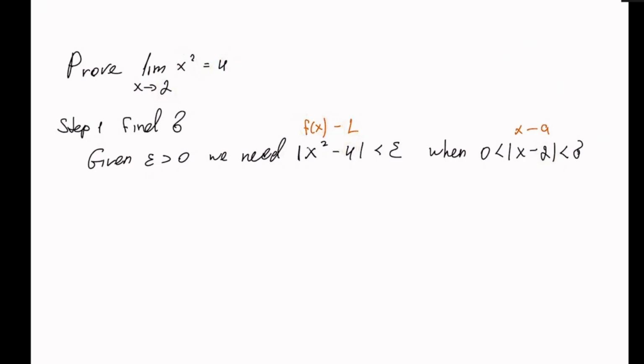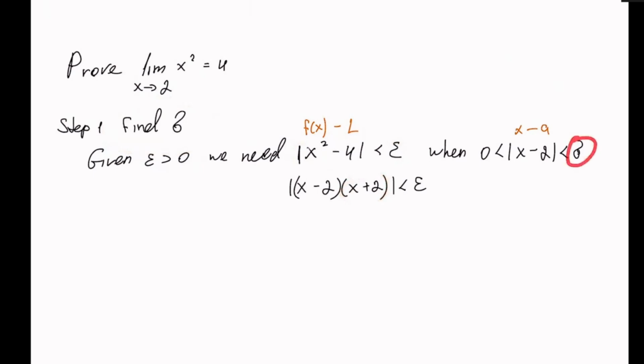All right, so first let's factor. Remember, when we are on the stage of finding delta, we are starting with the then statement, or in this case, the conclusion, right? So let's factor it out. We have x minus 2 times x plus 2 less than epsilon. Okay, now here is where it gets tricky, we need to control x plus 2, and if we